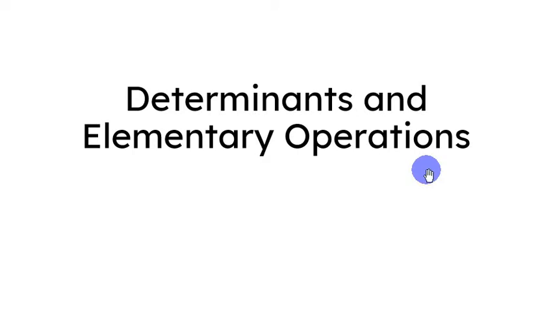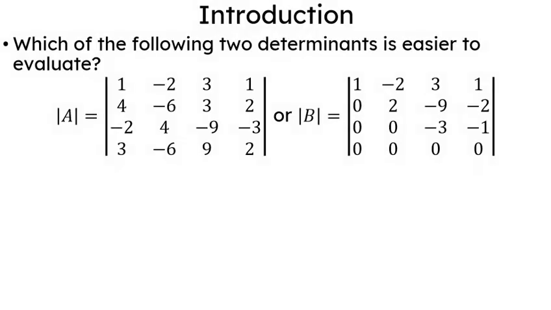Now, let us see if there's a relationship between determinants and elementary operations. Now, which of the following do you think is easier to evaluate or find the determinant? A or B? If your answer is B, then that is correct because we know that this is an example of an upper